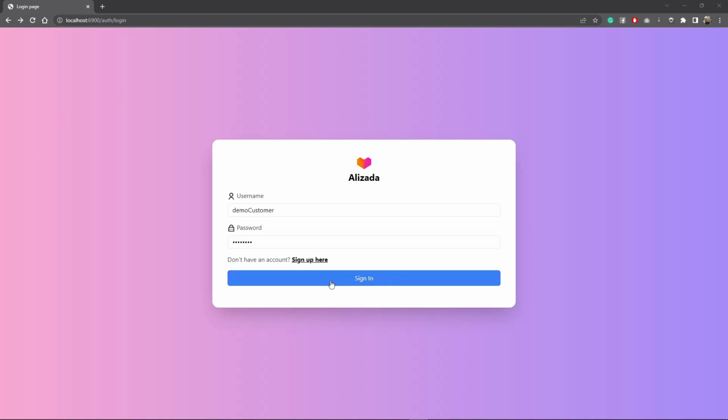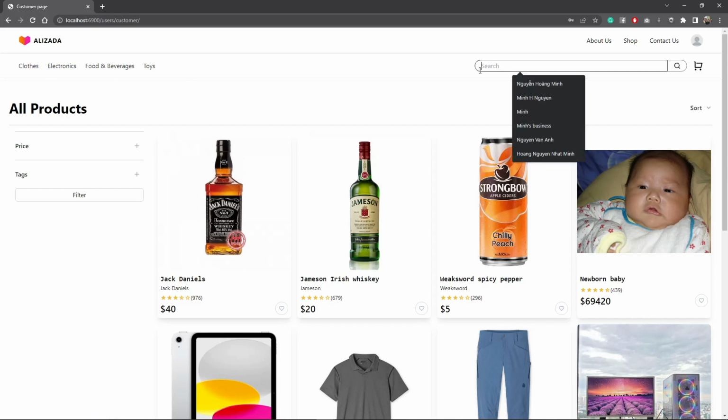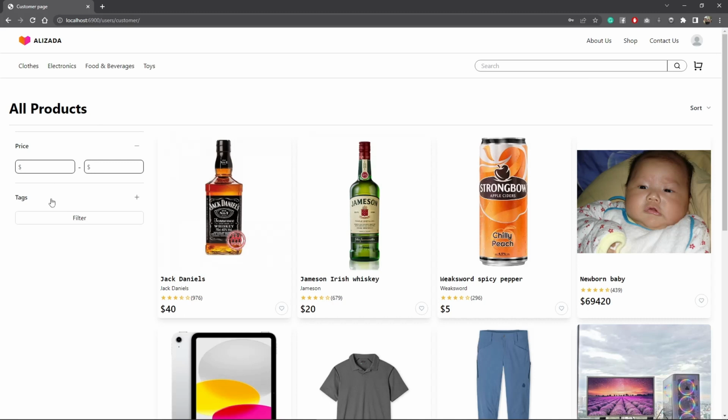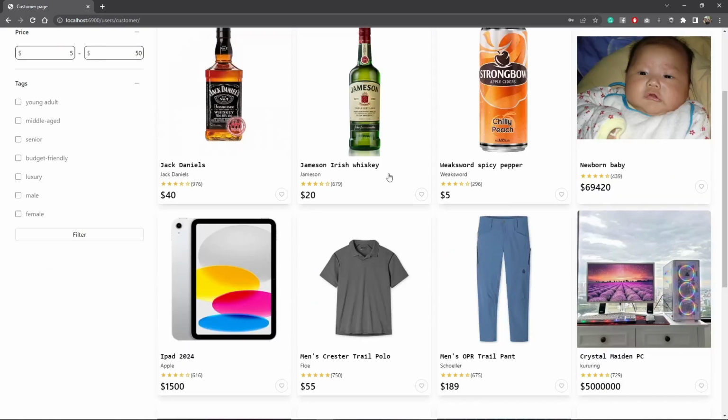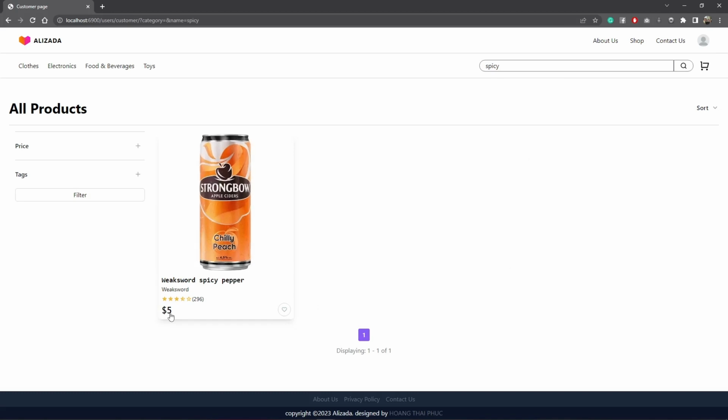So after logging in as a customer, they'll be redirected to the all products page, where all the products that the vendors of our website are selling are displayed. Users can customize their searches in 3 categories: a search bar, a price range, and a tax range. So for example, we want to search for $5 to $50 products with, let's just say, spicy. It will appear with a product that fits all of these queries,